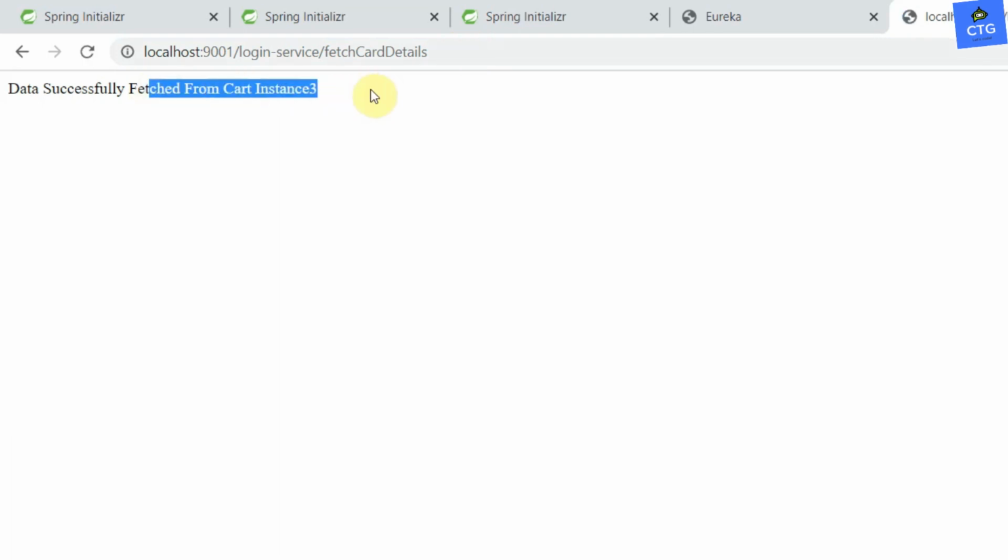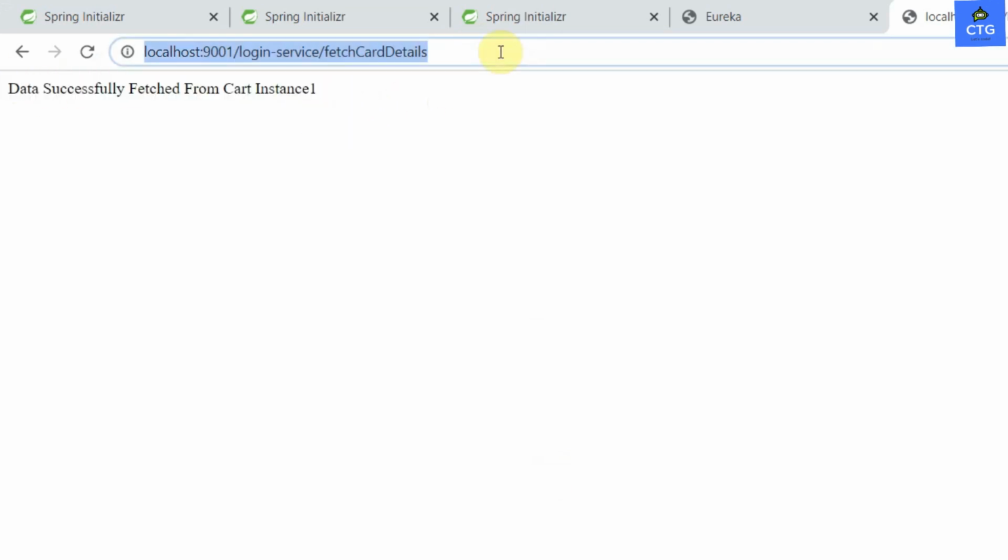Now instance 3 is responding. I'm sending the request again. Now you can see it is responding with instance 1. Let's hit this request again. Now it is responding instance 3, instance 1, instance 3, instance 1. Basically it is sending the request dynamically to each and every instance.